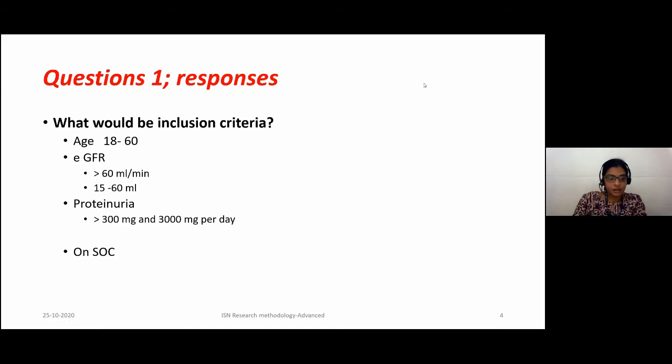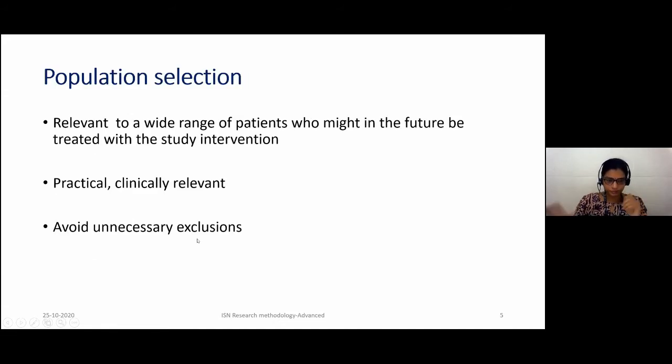Then glomerular filtration rate: a few people wanted glomerular filtration rate more than 60 ml to be included, while some other persons wanted those with 15 to 60, and a few responses said the entire spectrum of chronic kidney disease can be enrolled. And proteinuria more than 300 to 3000 milligram per day, and people who are on standard of care therapy should be enrolled.